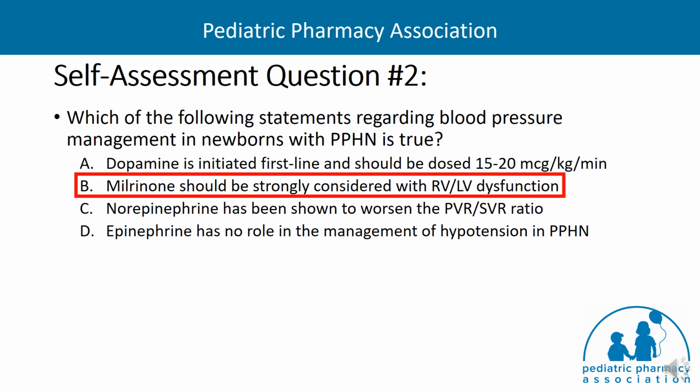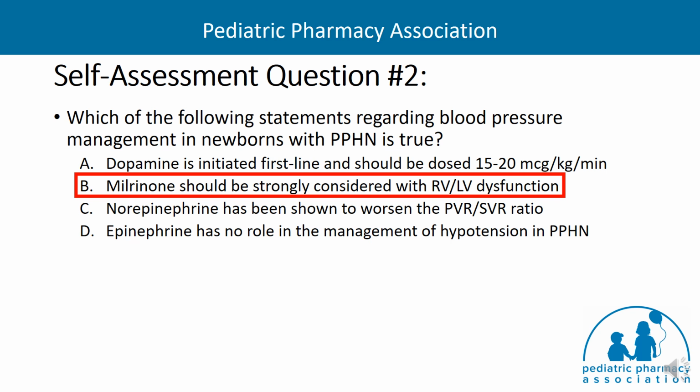So the answer here is B. As a reminder, milrinone not only is an inotropic agent, but also produces pulmonary vasodilation, which makes it an ideal agent for patients with RV or LV dysfunction. Answer A is incorrect because dopamine should ideally be dosed in a range of 5 to 10 mg per kilo per minute so that you have that inotropic effect while minimizing the higher doses that cause vasoconstriction, which can worsen